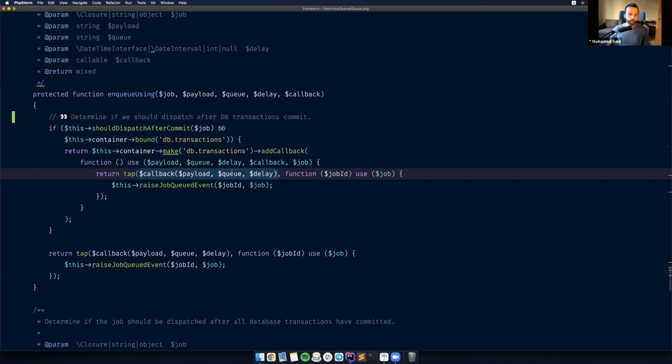So this highlighted part here represents what Laravel is going to do to store our job in the database queue. It's only called inside a callback that's passed to the transaction manager. The transaction manager will only call this callback if there are no database transactions open. If there are database transactions open, it's going to wait until they commit and then execute the callback, which pushes the job